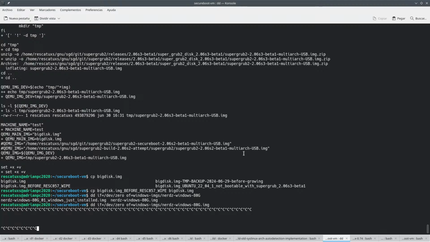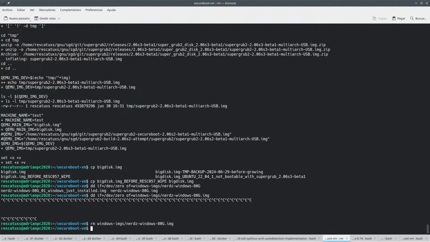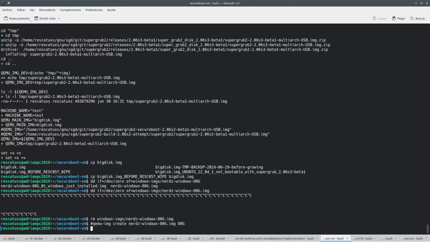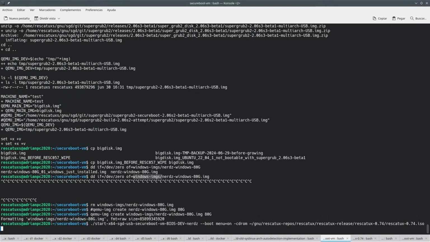Oh my god. Okay, so we remove this thing and then we search for create. Okay, so this needs to be here. Windows, whatever. That's it. It's already done. Okay, so now we should be able to boot all of this with the Rescatux, no, with